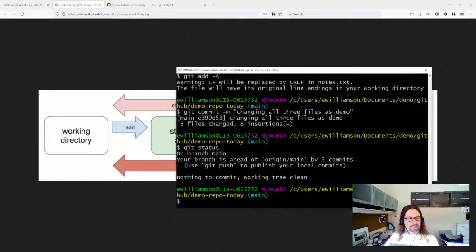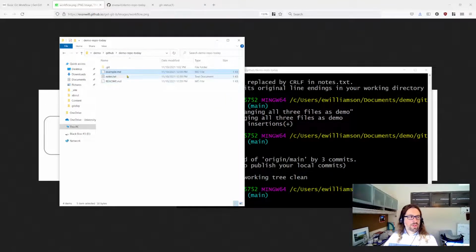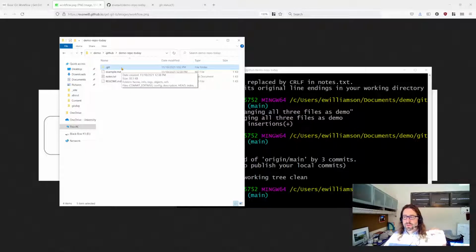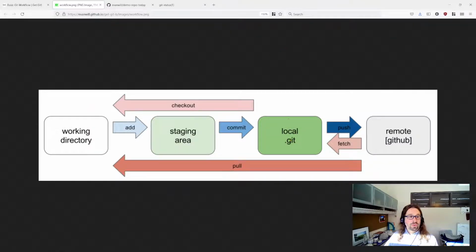So as I said, importantly right now, we have all these changes that we've made stored in this .git repository, literally this little folder of files on our local computer, and they are not up on GitHub. And so we need to do the final process, which is to take this local history and push it up onto the remote so that we can finish syncing that project,